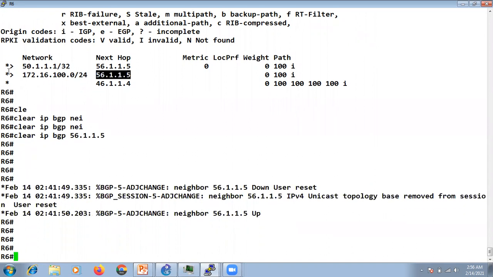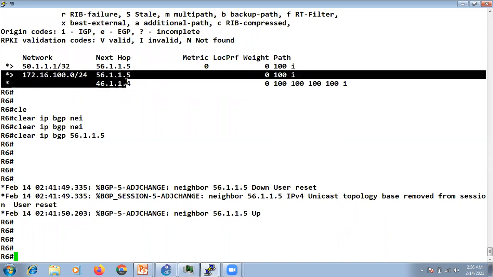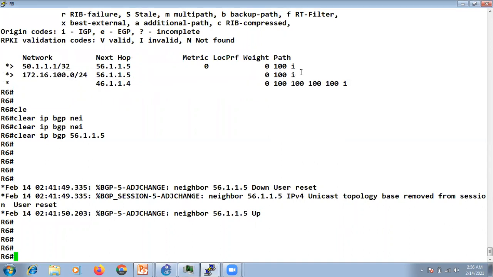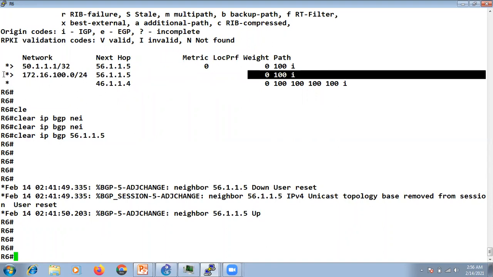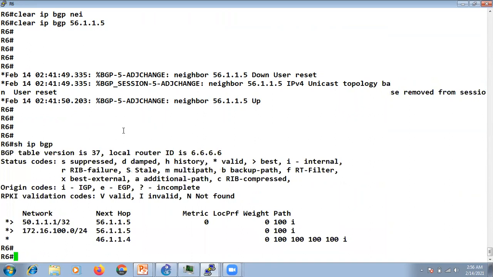Once we clear the neighborship of R5, then the route will be learned via R4 only. Then it will be the best. But again, when R5 comes back, just because it has the lower AS number, it is again becoming the best path, right? You can see here, right?